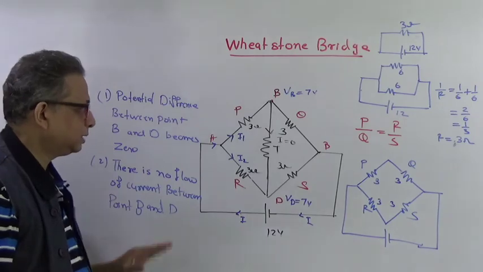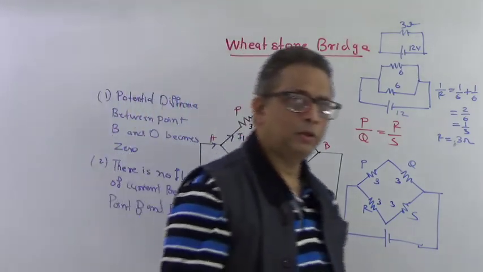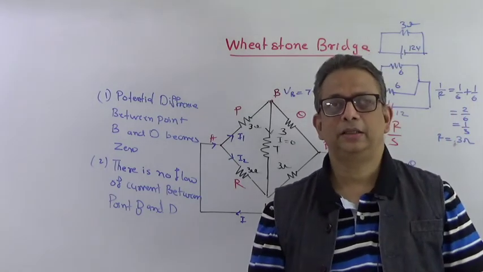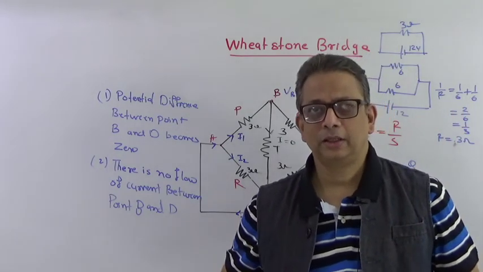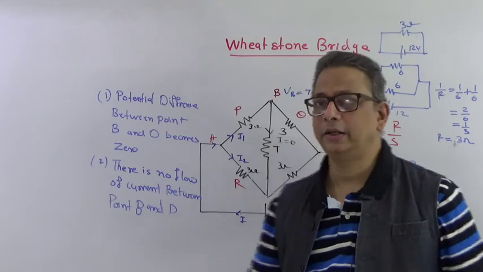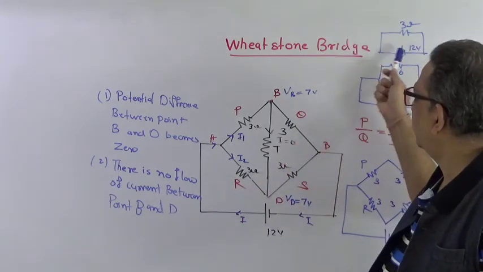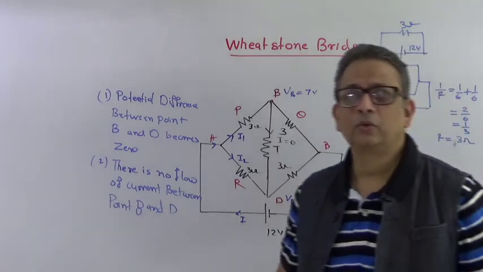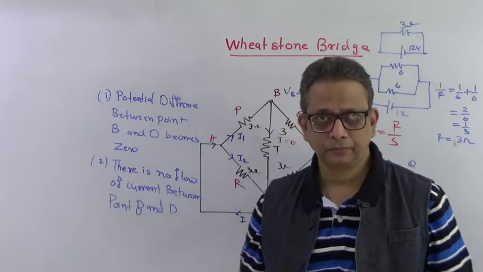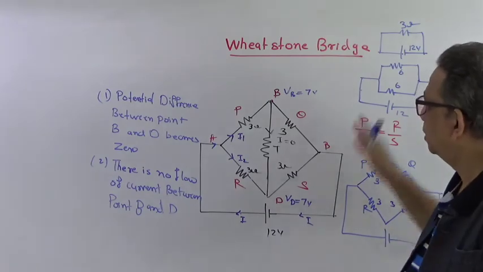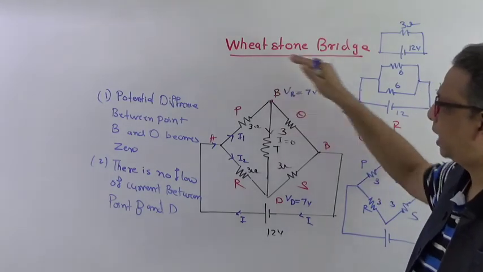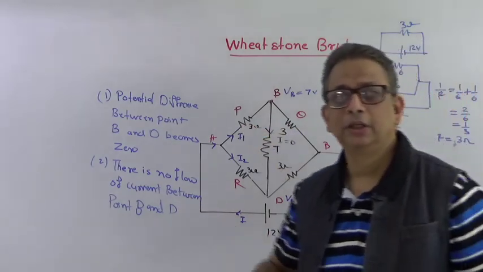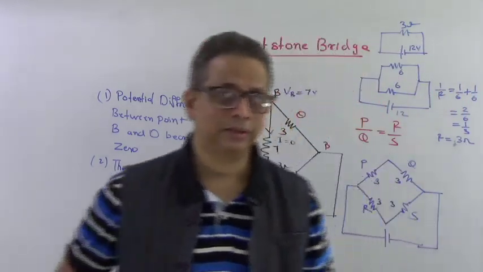So from this you can understand the importance of the Wheatstone bridge: if the bridge is balanced, it becomes easier for us to solve the problems and get the equivalent resistance. Our ultimate aim is to what? Find the current I. Now you can find the current I, V is equal to I into R, right? So it's going to be 4 amperes, right? So this is the advantage, and this is the configuration, and this is the use of the Wheatstone bridge, which can be used to satisfy certain conditions.